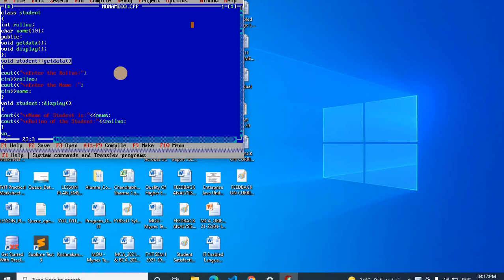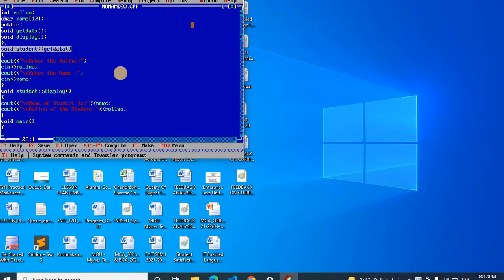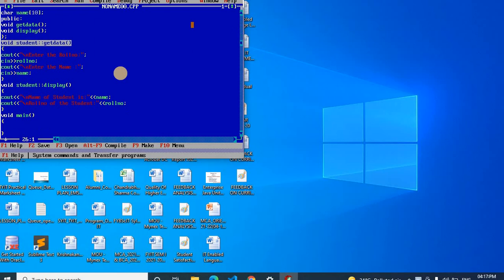So go to the main function, write here void main. Okay, open and close this main function. Now you need to create the object of this class. So the name of the class is student. I'll write student s as the object.